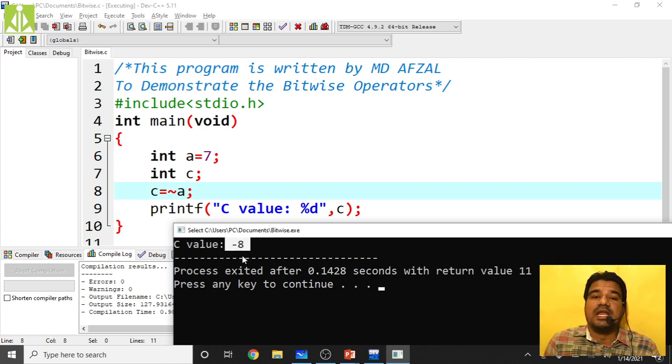So in this way, negation means invert all the bits. If your sign bit goes to 1, that indicates a negative number. So confirm it as a negative number and calculate the 2's complement to get the actual value. Whatever value you are getting, simply put the minus sign. That's it. You will get the resultant number.